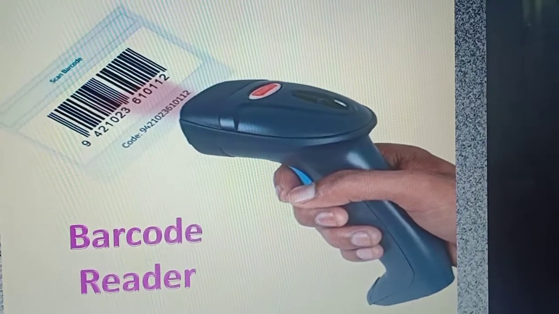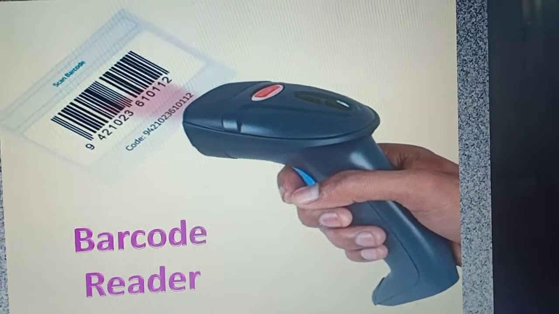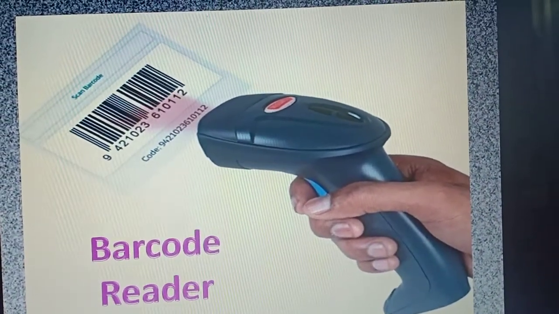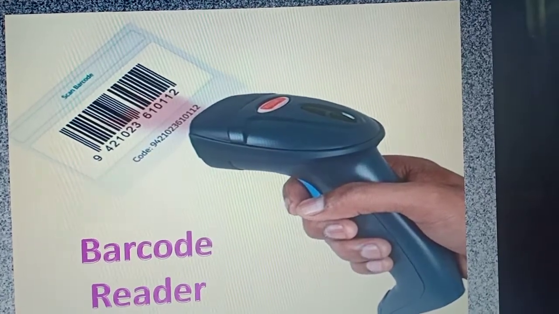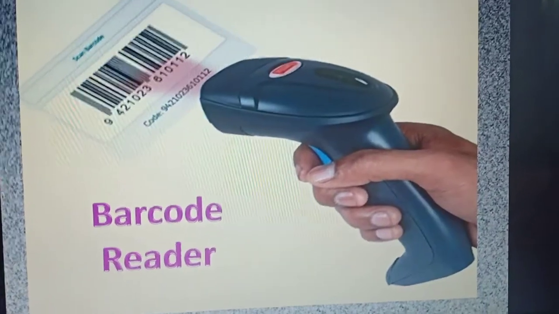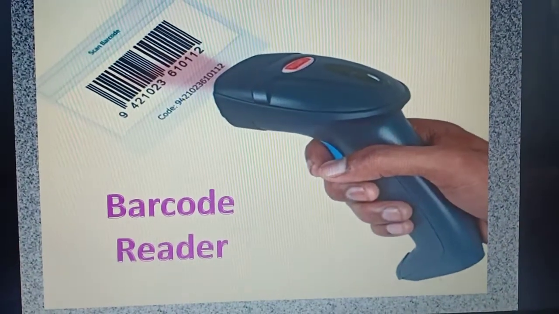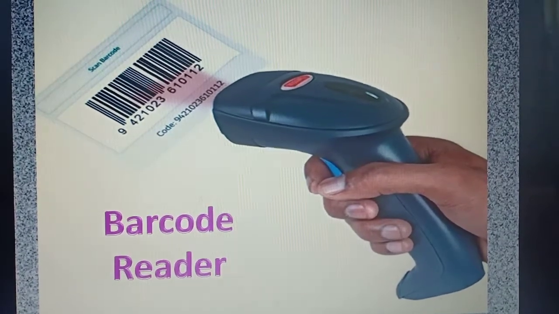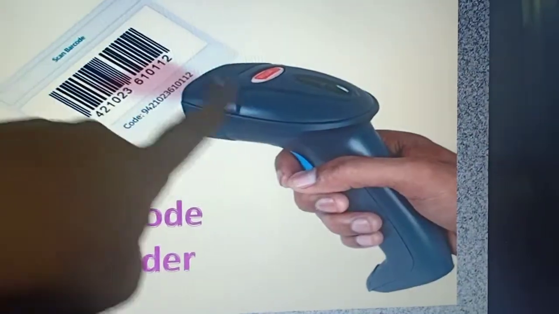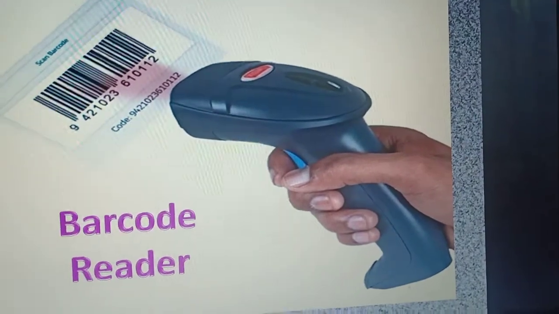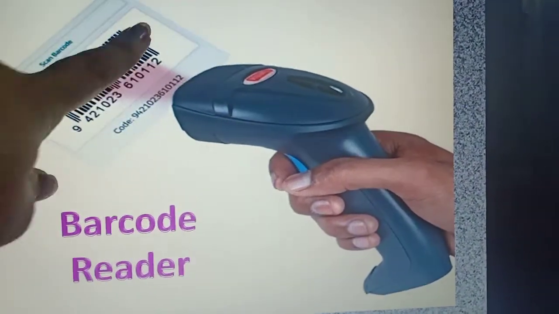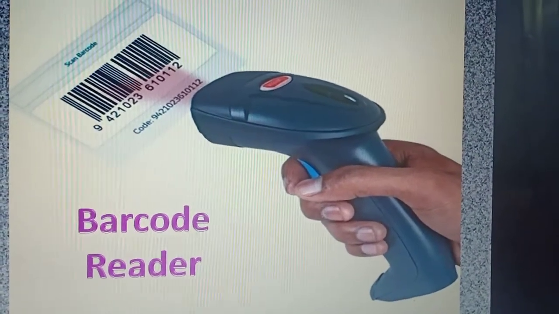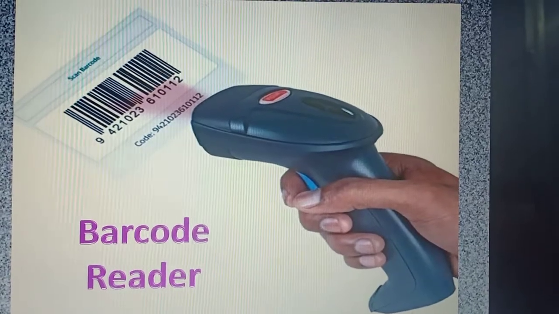It consists of a sequence of black lines on a white background. See, these are the black lines on a white background. This is called a barcode. A hidden number is written over here, and this machine is used to read this. So this is called an input device, because by using this barcode reader machine, the computer can read this type of instruction, this type of numbering. So this is also used as an input device.